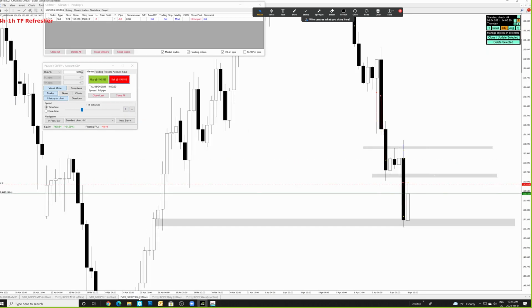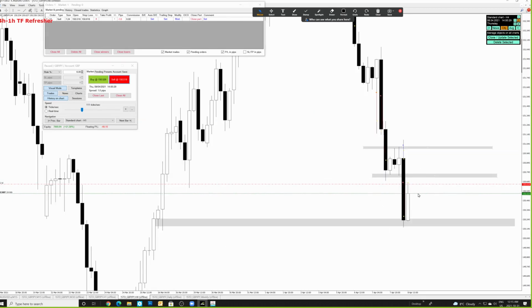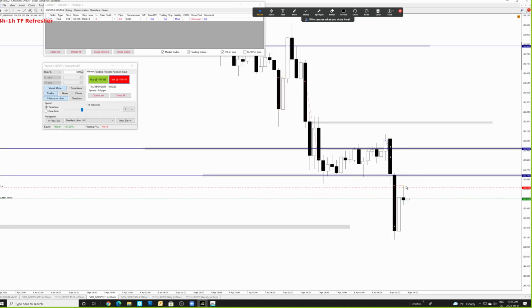Let's take a look on the 4 hour time frame. 4 hour is whatever, because even though the 4 hour candle is bullish, you guys got to understand the smaller time frames are going to build up the overall 4 hour and the higher time frame candles, right? 1 hour time frame creating resistance. 30-minute is